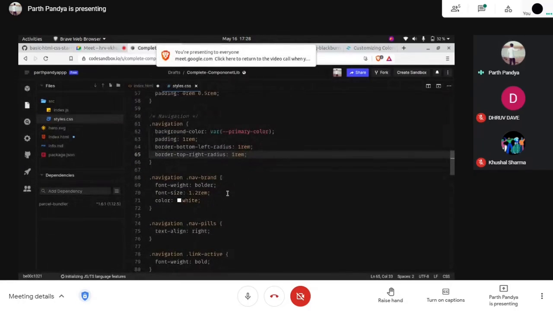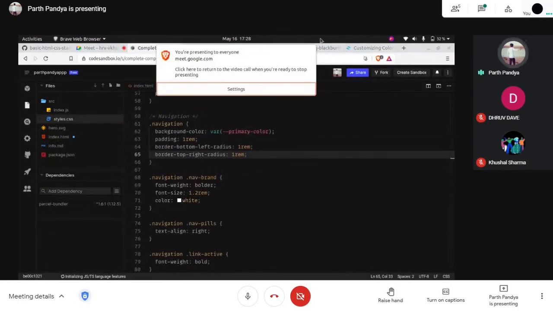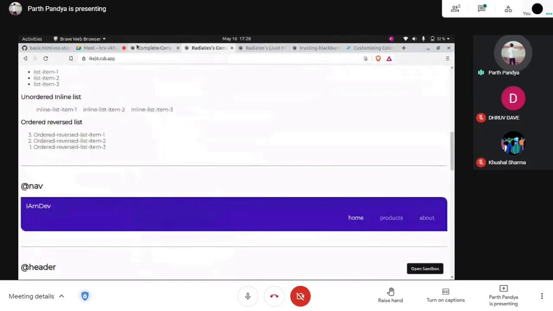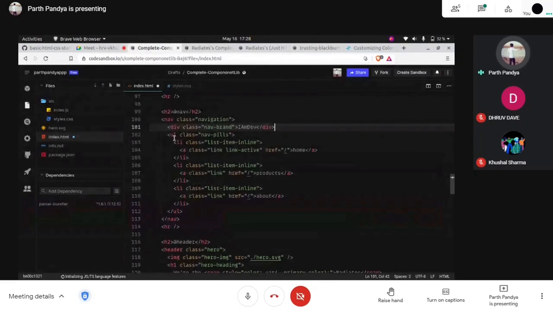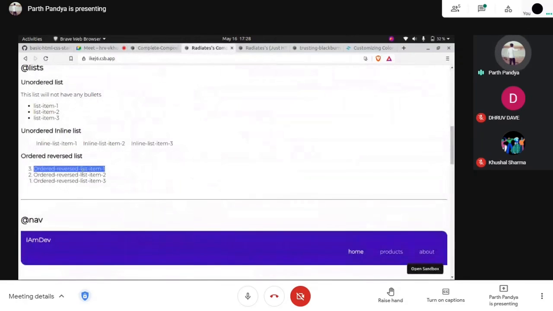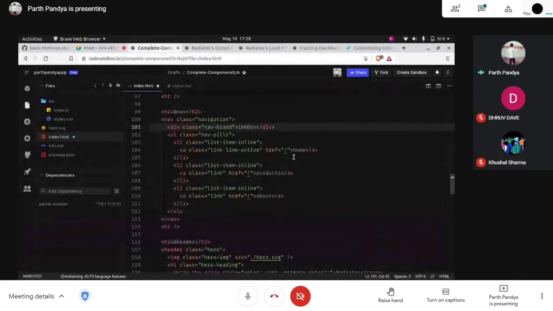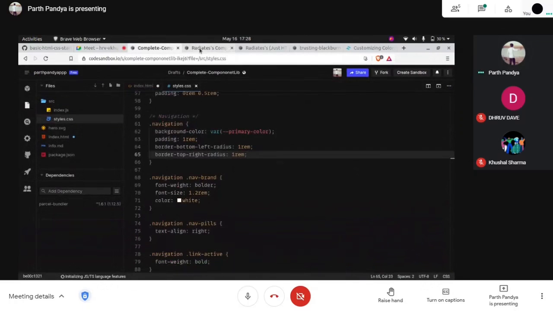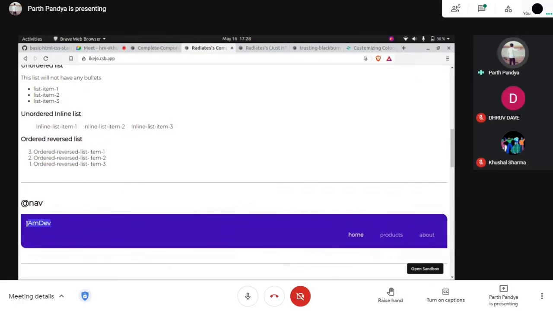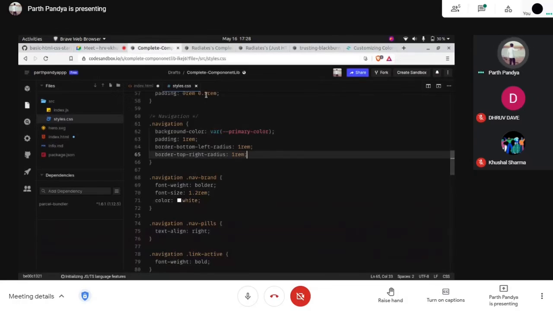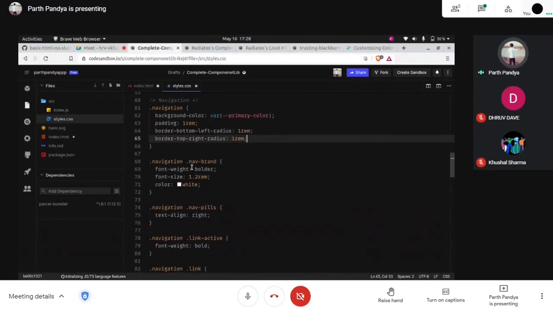Okay. So after that we have what? We are giving style to the unordered list which we defined yesterday, because it looked the same as this, and now it will look like this when we add CSS to it. So what are we using? Nav brand. Nav brand for what? We are going to style this particular part. We want this to be bolder. We want this to have some more font size. So we have this nav brand.